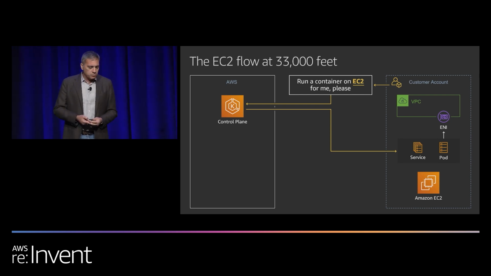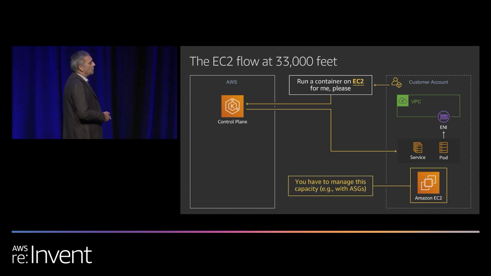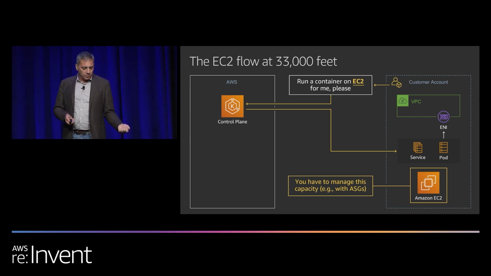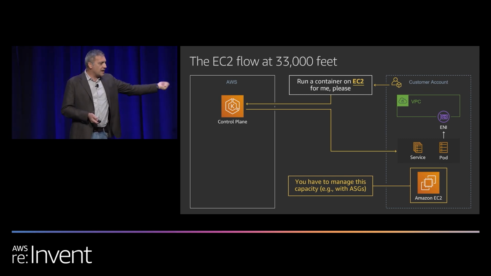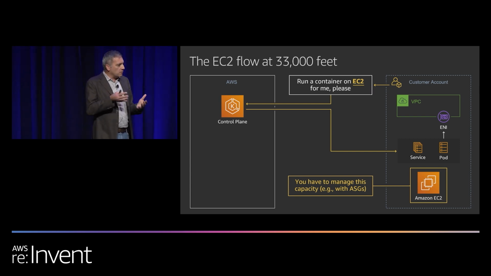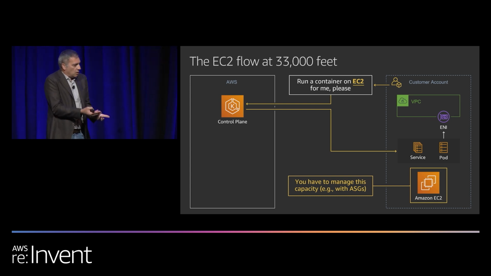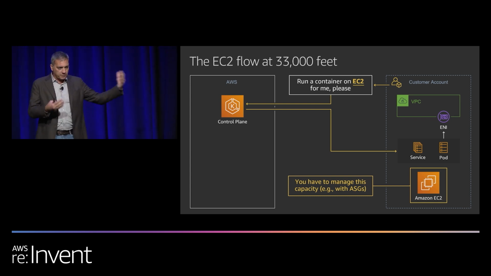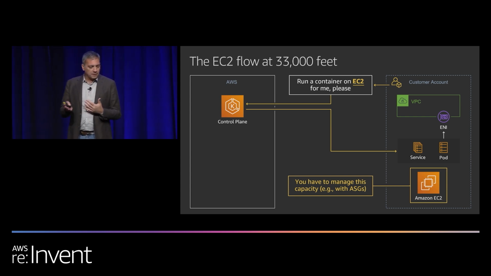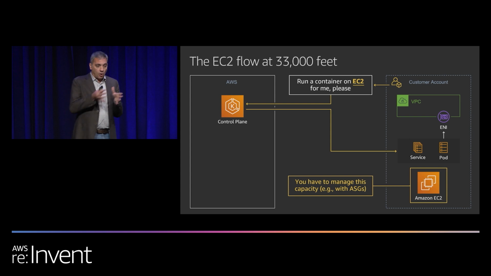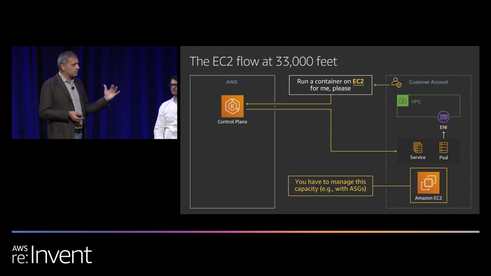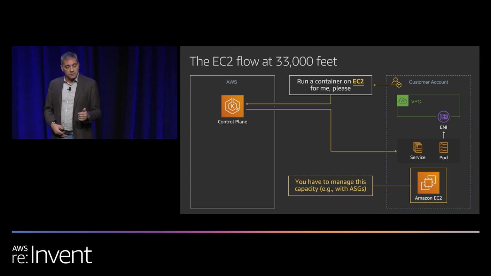What we have introduced this week is another model, which, oh, by the way, I forgot to say that when you are in this situation, obviously you're going to have to manage those EC2 instances. As Nate was alluding to, managed node groups alleviate that problem a little bit, meaning that we take on some of the management stuff, like updating the kubelet, the Kubernetes agent, and other things, but those instances are in your account, so you need to take care of how you're going to scale them, scale out, scale in, draining of the nodes and stuff like that.